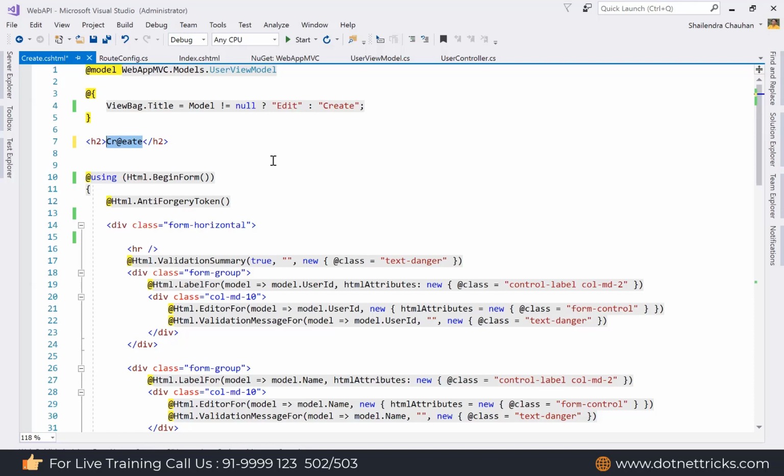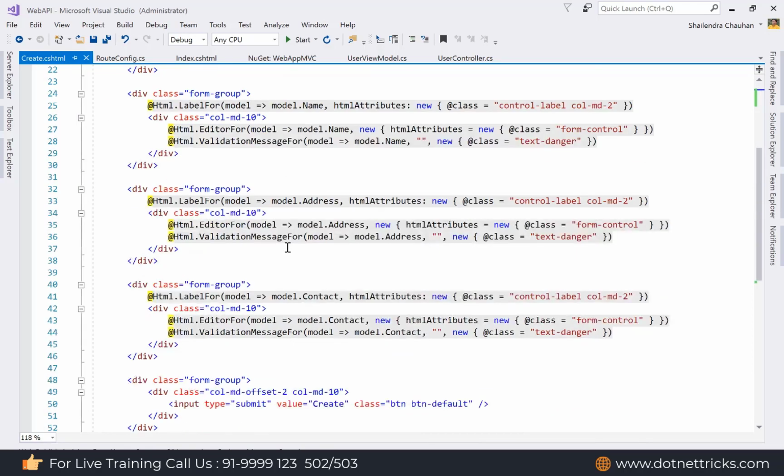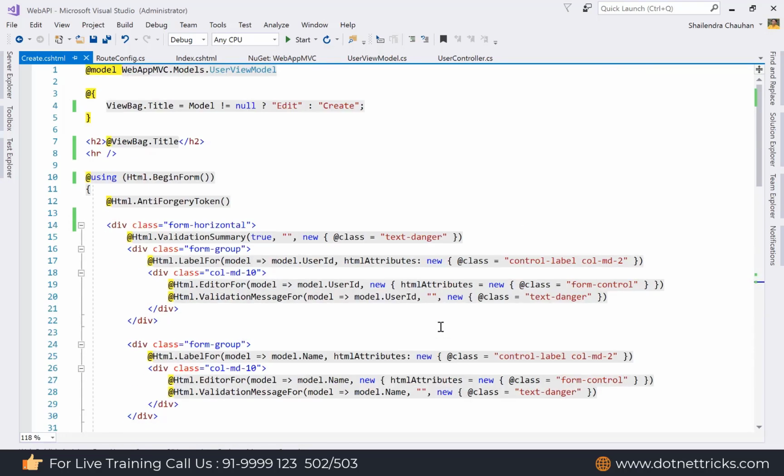Instead of putting create as a hard-coded value, just use the title, ViewBag.Title, then a horizontal line this way. We have to do the same thing for the button as well. In place of the button value being create, it should be save, so that it will work for create as well as for updation. In both cases it will work now.